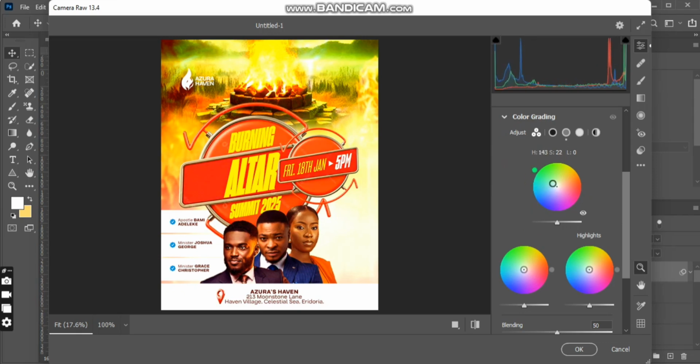So I'll go to my color grading. I'll come to my mid tone. This mid tone covers both the dark and the light aspects. What color do I want them to have? So I'm going to make use of, let's use a bit